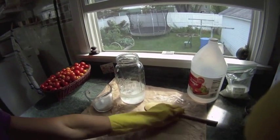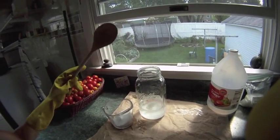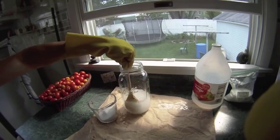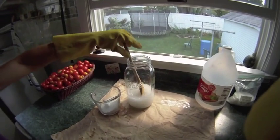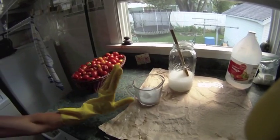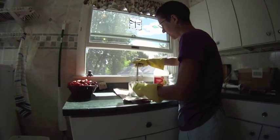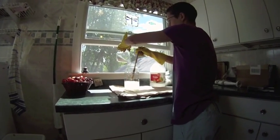This is where you need to have a utensil specifically designated for soap making, because once you've used this for lye, you do not want to use it for eating. But the rest of these pieces, the jar, I reuse for all of our kitchen purposes. This 2-cup measuring cup is used for kitchen purposes. So you don't need to have a special set of things just for soap making. So you add lye a little bit at a time, and I'll add a little bit more,